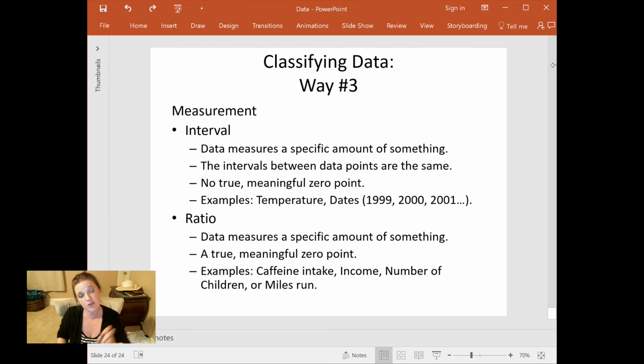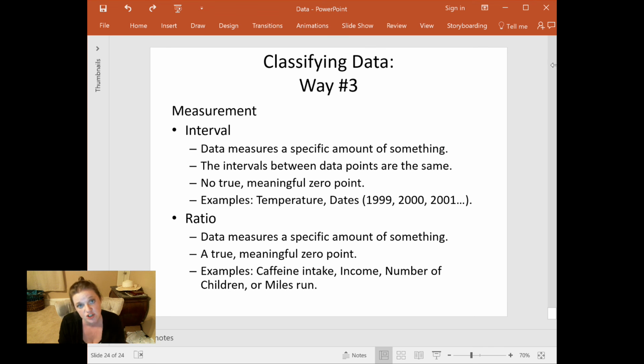But in both of those temperature scales, 0 doesn't mean no temperature. It doesn't mean a lack of something, right? It's not like when you get to 0 degrees Fahrenheit, something stops or there isn't something. It's not none of it. In fact, the 0 point on the Fahrenheit scale is at a very different place than the 0 point on the Celsius scale, even though they're both measuring temperature. So the 0 points are what we call arbitrary on an interval scale.